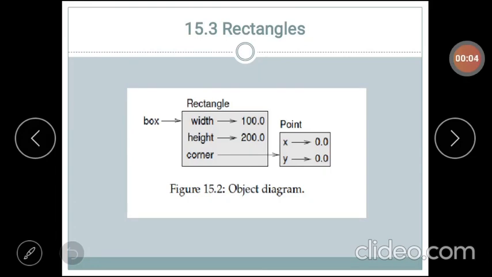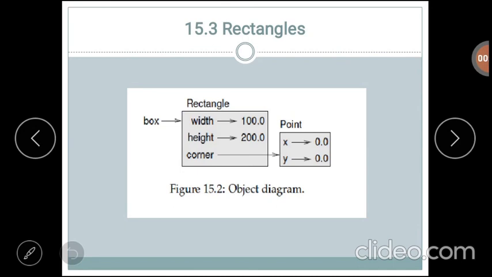Now we will discuss how we can make an object of one class an attribute of another class. For example, imagine you are designing a class to represent rectangles. We can create this rectangle in different ways. First method, by knowing the width, height of a rectangle and one corner point, you can design the rectangle. And second method, by knowing two opposite corner points, we can design the rectangle.